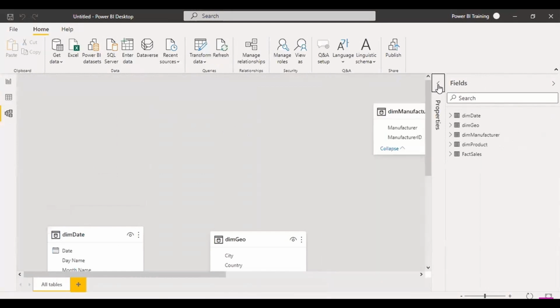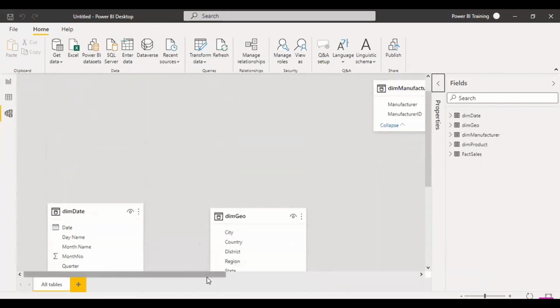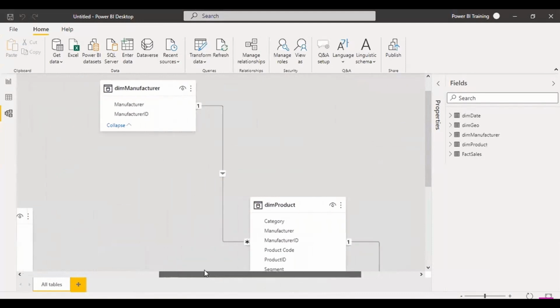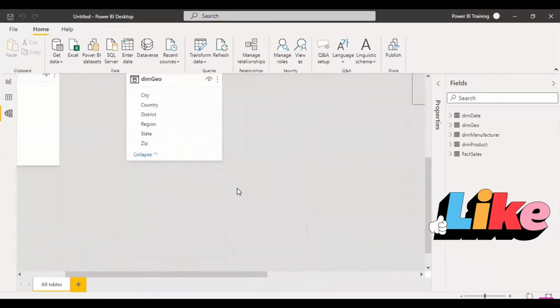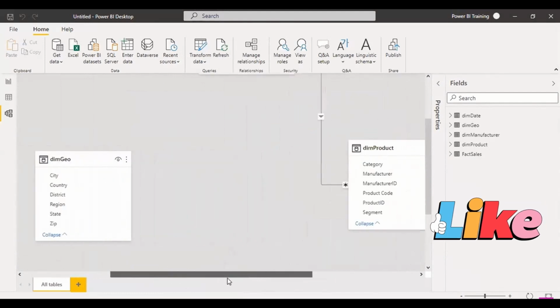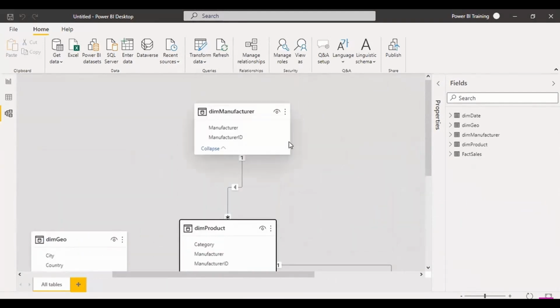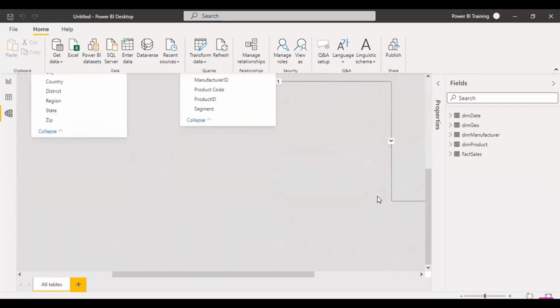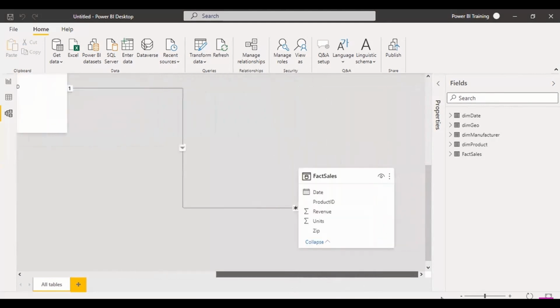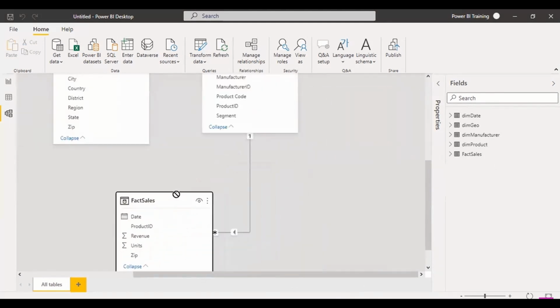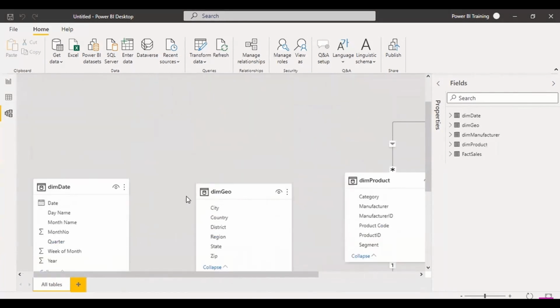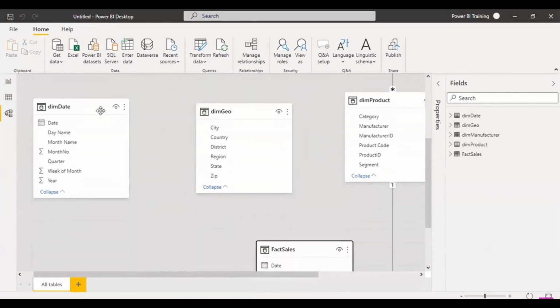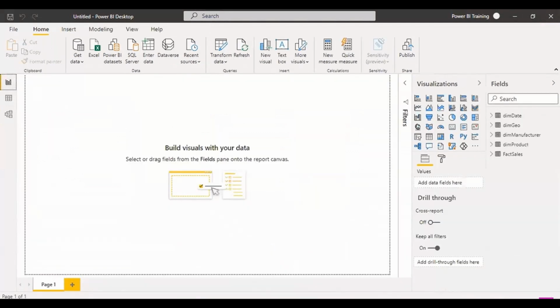It may be connected automatically, or we need to create the relationships manually as well. Once we jump to data modeling, we will talk about how to create a proper data model. If we have a look right now, it already has a relationship for three tables: manufacturer, product, and the sales fact. But the other tables are not connected, and we will create the relationships between them manually. Okay, so if we see here,